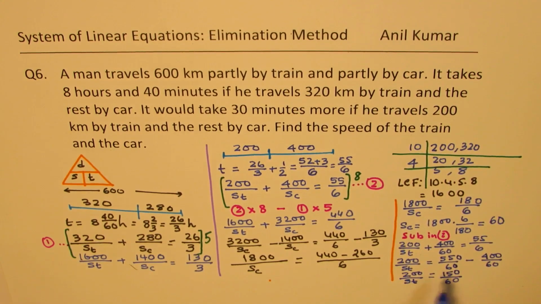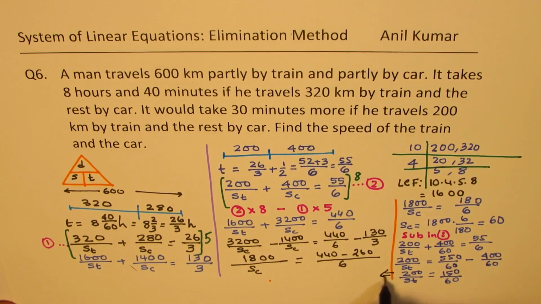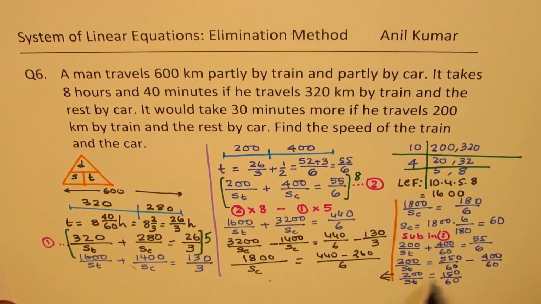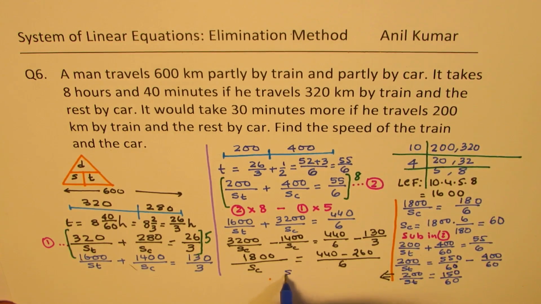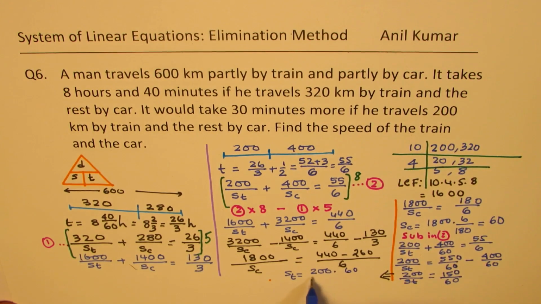Is that clear to you? So see how we simplify, taking a common denominator, and now we can cross multiply and get our answer. Right. So let's move towards the left side, and we can now write from here. We'll move towards this side, and then we write speed of train, cross multiply them. Correct. So we can write speed of train is equal to 200 times 60 divided by